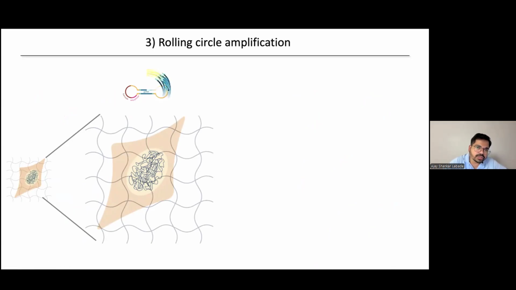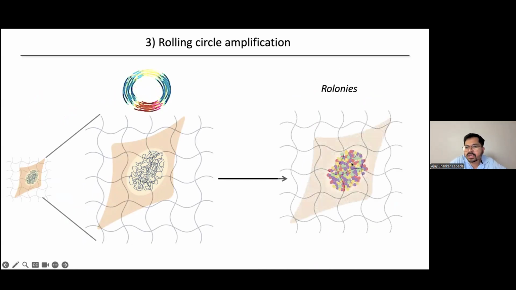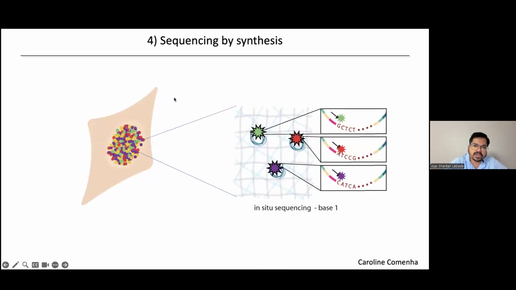And the next step we do is a rolling circle amplification. So in the end, what you see is we call these colonies, but these are colonies of DNA, unique DNA fragments containing the genomic DNA and its associated barcode. And there is the key. Now we can sequence each of these colonies using